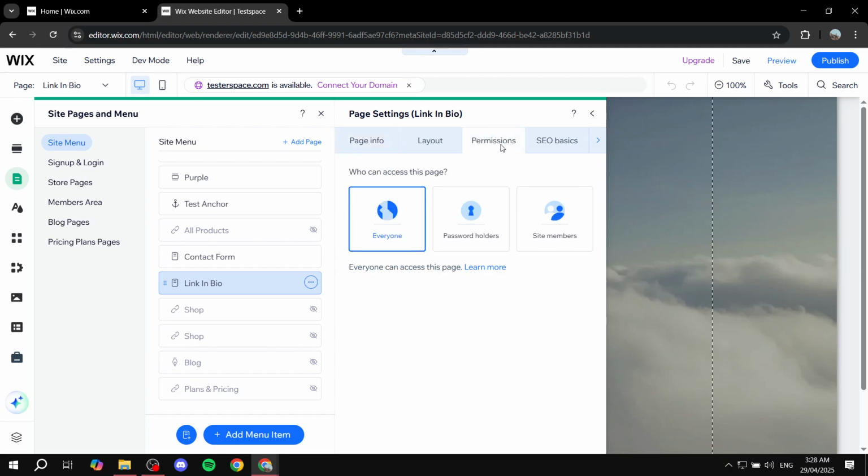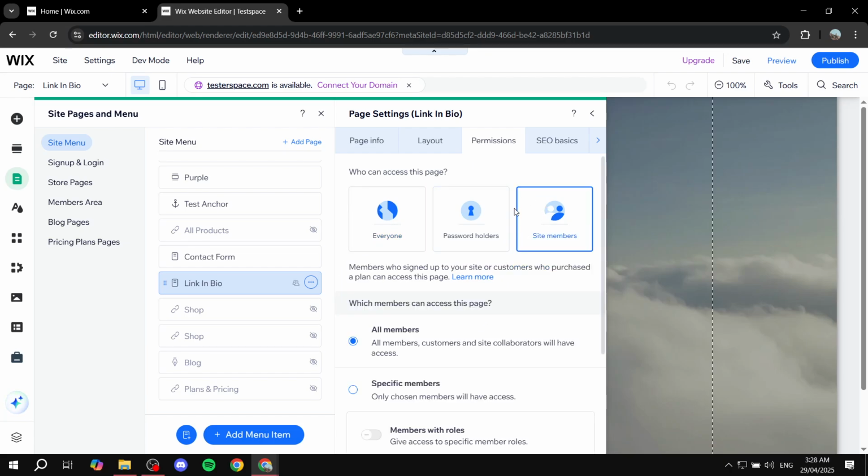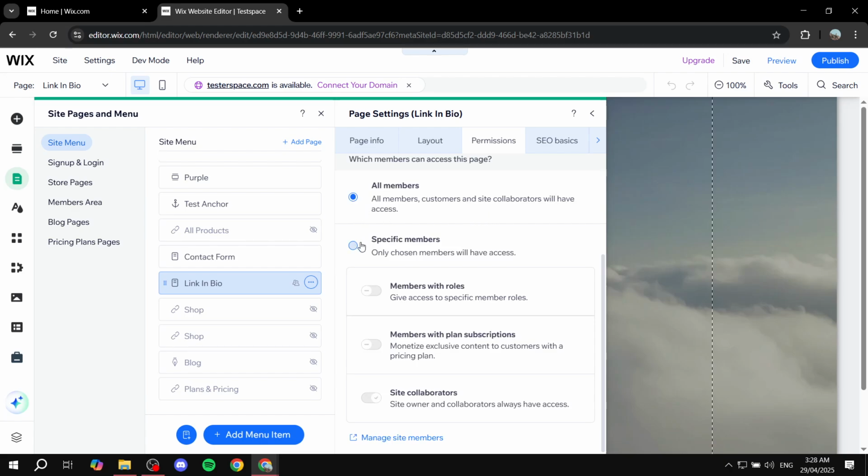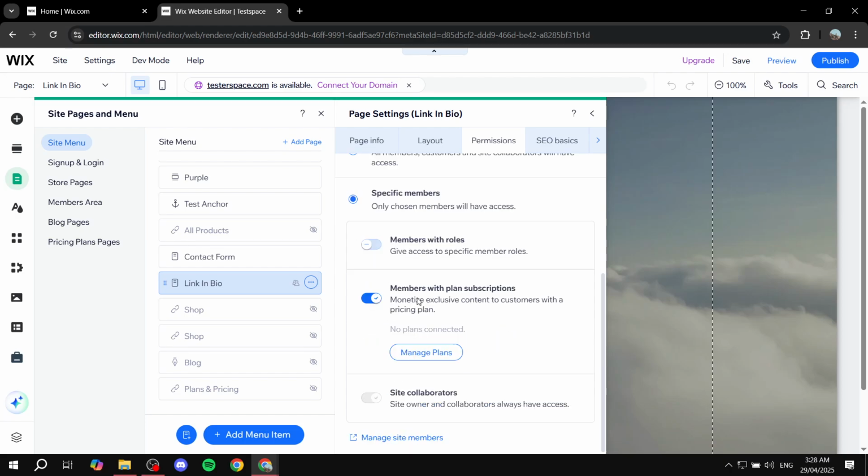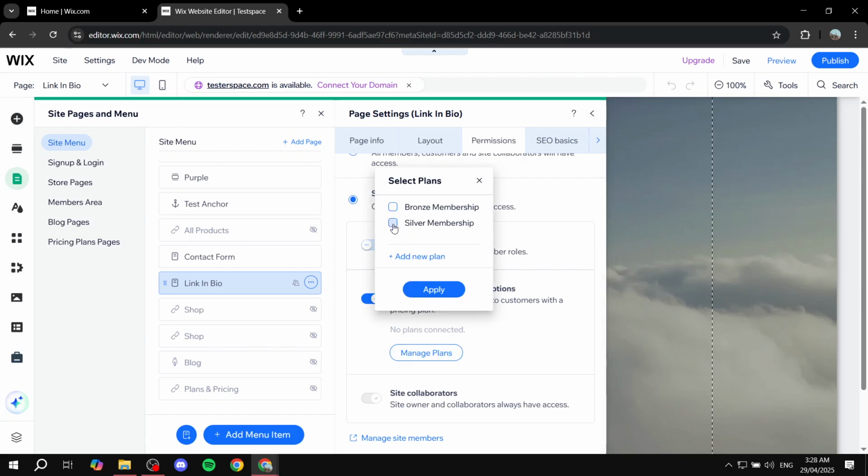And then from permissions, by default, it's going to be who can access this page set to everyone. You want to change this to site members. And then from here, you want to go ahead and select what members are going to have the ability to actually access this. If it's all members, then it's pretty much all members, but we want it to be specific members, and then we want it to be members with plan subscriptions. So make sure you tick this and make sure you go to manage plans and select the plans that can